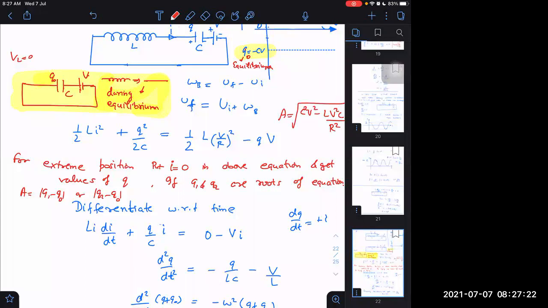I think we can get it this way. Sum of the roots square minus 4 alpha beta is alpha minus beta square, right? Then the difference of the roots I can get by taking this. And amplitude is nothing but the difference of roots divided by 2, because the difference of roots will be the distance between two extreme positions, which will be equal to twice the amplitude. Right or not?